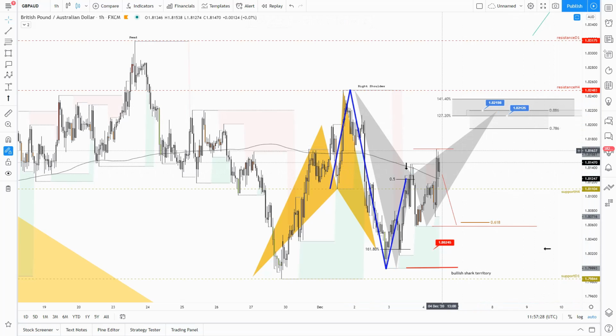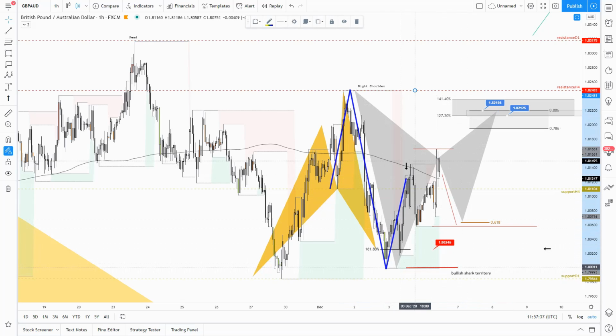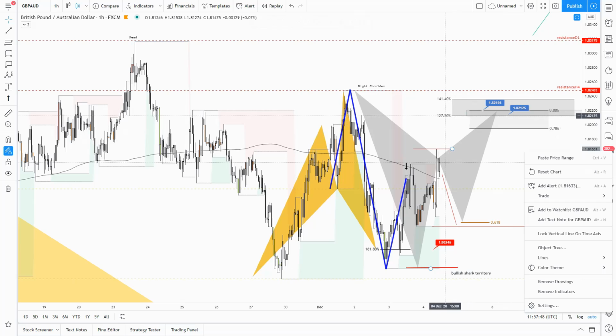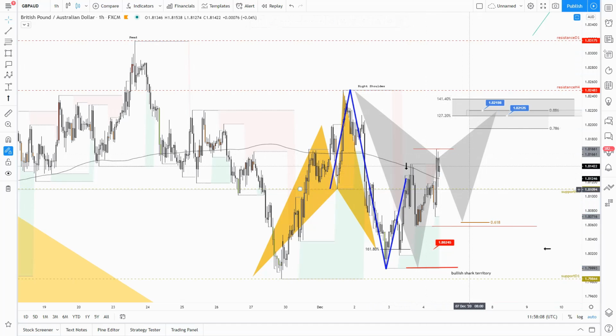But that will depend, because if the market decides to fall again into this Fibonacci level, the pattern may change between the default bearish bat pattern and the Gartley pattern. The same price zone for the Gartley, the 127% Fibonacci extension level, will be projected just a few points below the 88.6, but that is a very small difference, not significant in this case, but that will depend on how the market will react from these highs.